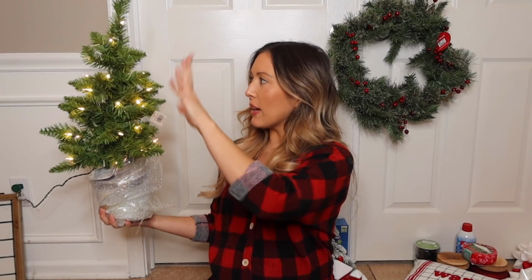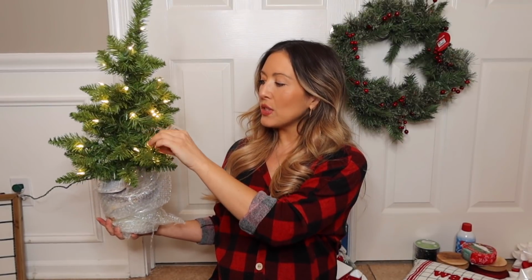Oh, so cute. But obviously I have to fluff it and make it look nicer. I just pulled everything right out of the boxes since I ordered everything online, and this is from Joann's, by the way. But most of my greenery looks like this. Go back and look at my Christmas decorate with me videos from other years and let me know, because I've been debating, should I add flocking to all my stuff, do a little bit of